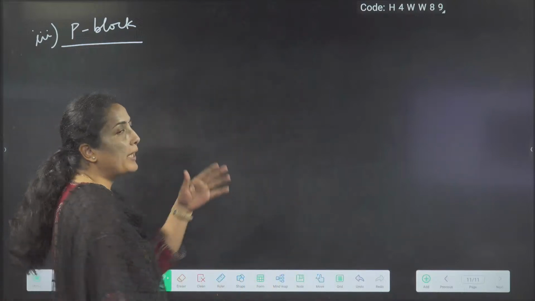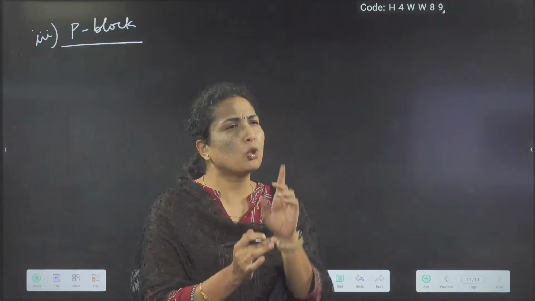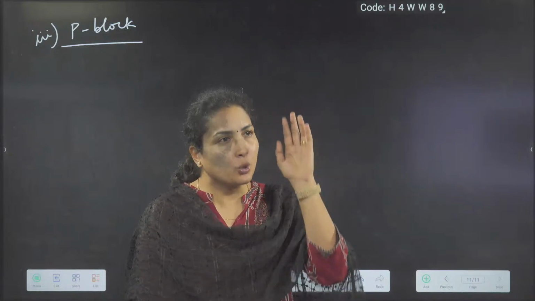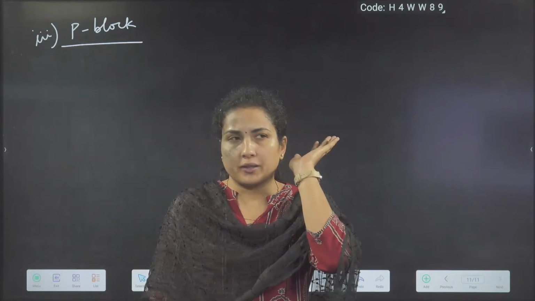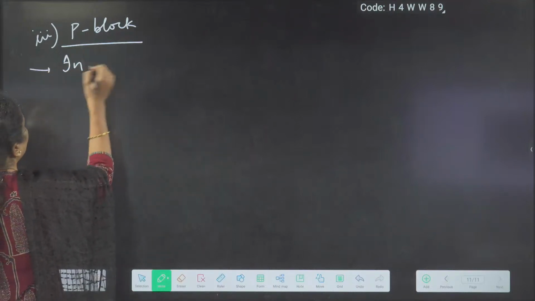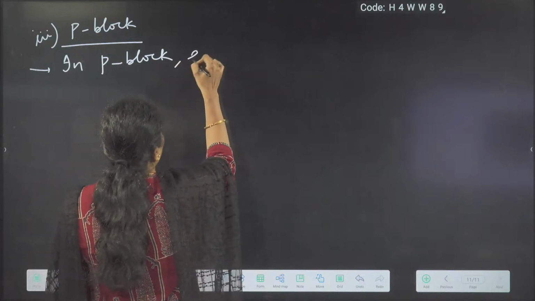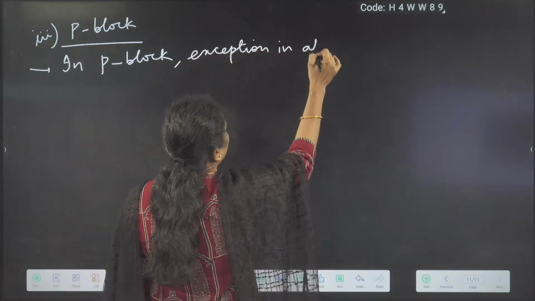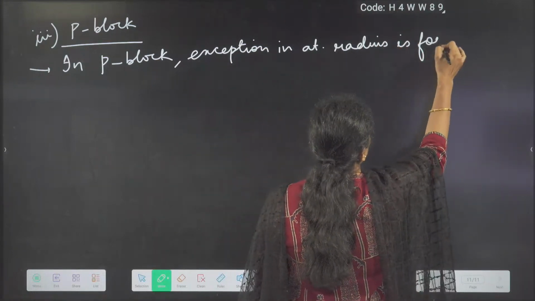Now, when it comes to exception in atomic radius, there is only one group which is having an exception, and that is group 13. Rest, down the group when you move, there is no problem with the atomic radius. Okay, so I'm writing here: in the P block, exception in atomic radius is found